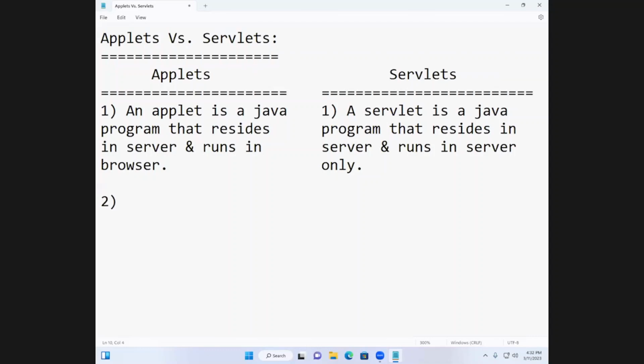See, an applet is a Java program that resides in server and runs in browser. A servlet is a Java program that resides in server and runs in server only. This applet is just like HTML. Okay. Next, applets are used to